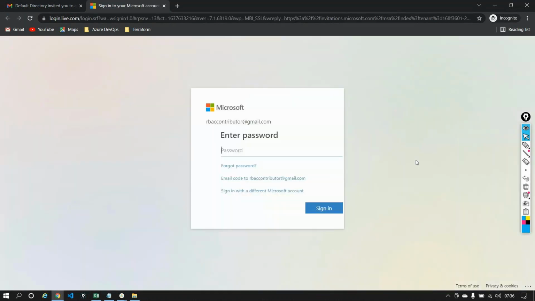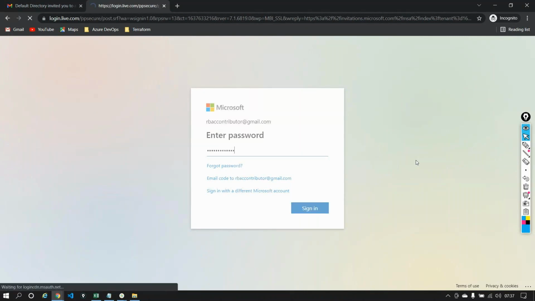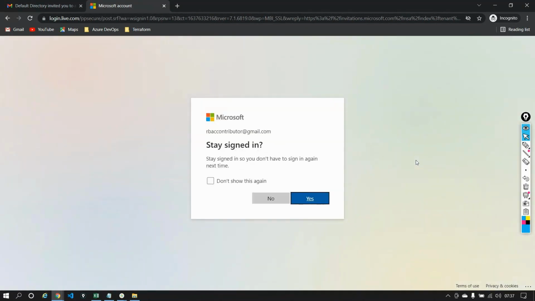As and when I do that, it's telling you that you can now sign into this particular account, but you will first have to enter a password. So I'll say okay. It says, do you want to stay signed in?